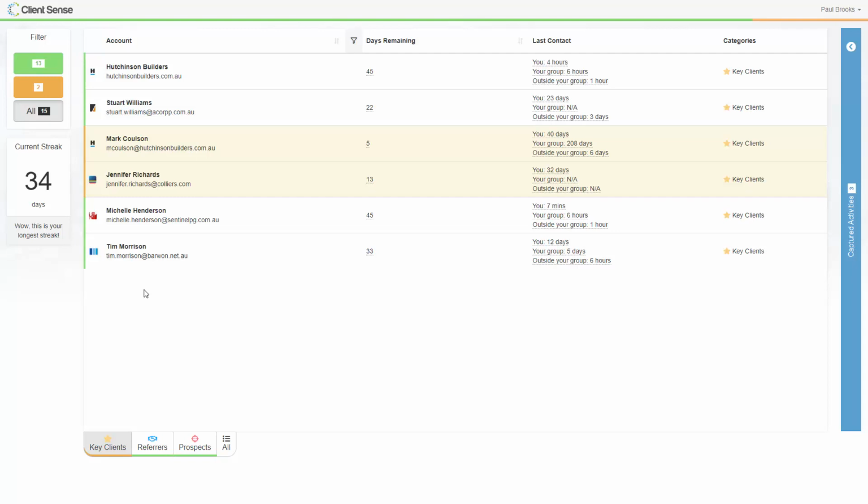The system is running automatically, and I don't even need to come in here to tell the system that I've had contact with Mark. If I was to send Mark an email now, then Mark would turn green, and if I was to send a meeting request to Jennifer, similarly that would turn green as well. So it's a really simple way to make sure that me as the lawyer, I can maintain my relationships easily